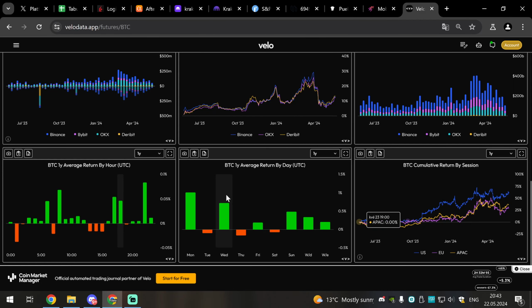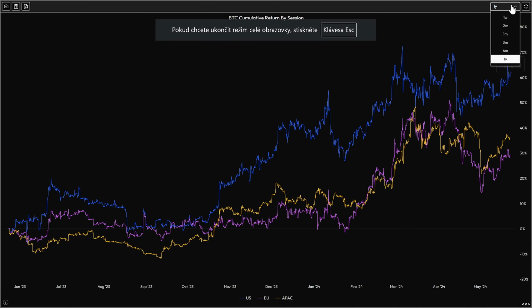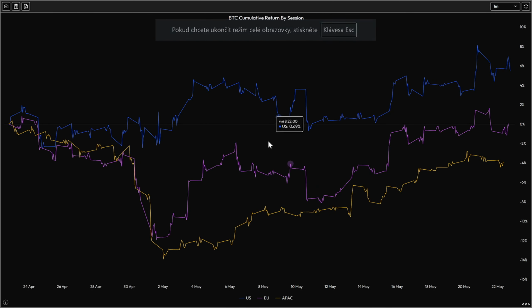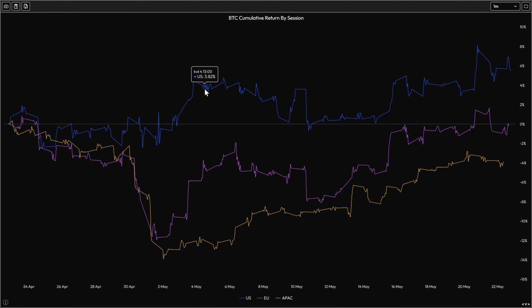Liquidations, those are normal things you can find in other places as well. This is, by the way, an interesting column. You can go into a smaller time frame and see which session is actually giving you the largest returns. So currently Bitcoin, this is the start of May, the London session. You see it was going mainly sideways, but from the statistical perspective, the US session when cash opened was giving you the most returns on Bitcoin, and Asia and London actually were